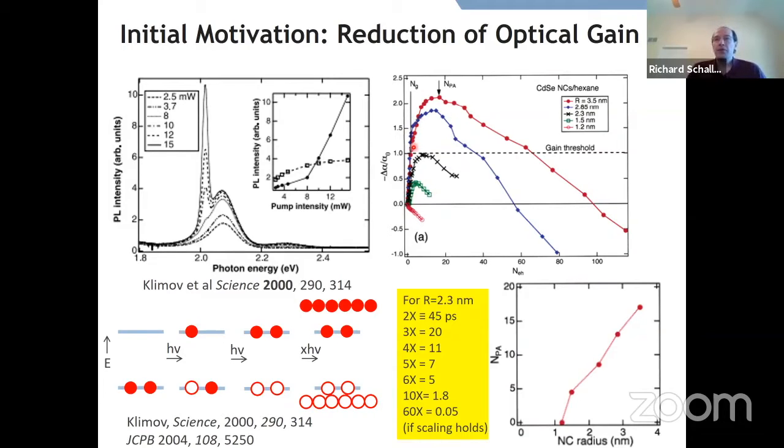And so, you want to just see this as you pump the system harder and harder, which is this x-axis, number of electron hole pairs on average created. You'd expect that as you keep pumping harder, you might get more and more gain, or it might saturate as you start to fill up the band edge states, because you have things like Fermi's rule saying you can only have so many spins at the band edge. But instead of that saturating fully, what happens in zero-dimensional nanocrystals is that gain starts to decrease,